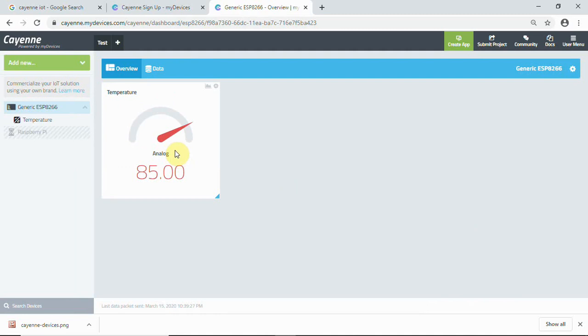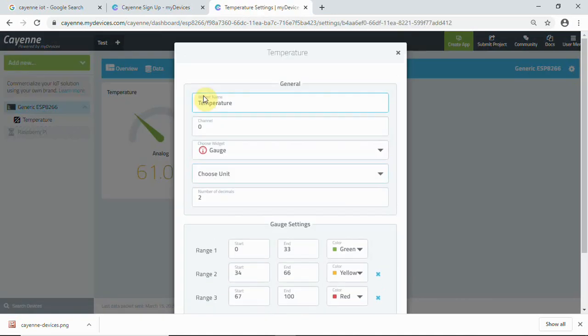Now we have our widget added here, and it is pushing random data, and you can see the label. We can actually change the colors also here. You will have to click on settings, and you can see that from 0 to 33 you have green, 34 to 66 you have yellow, and 67 to 100 you have red.